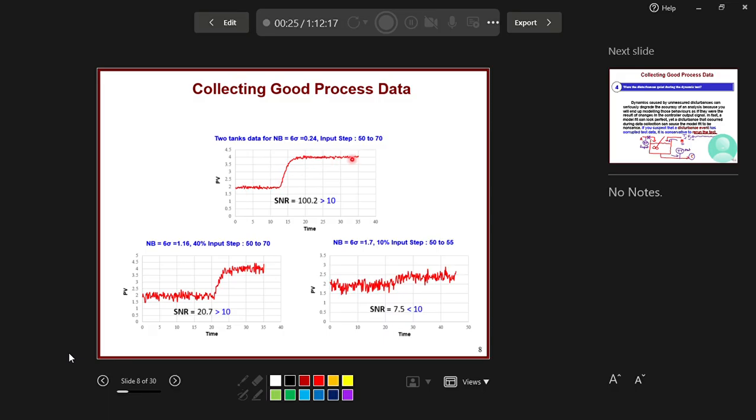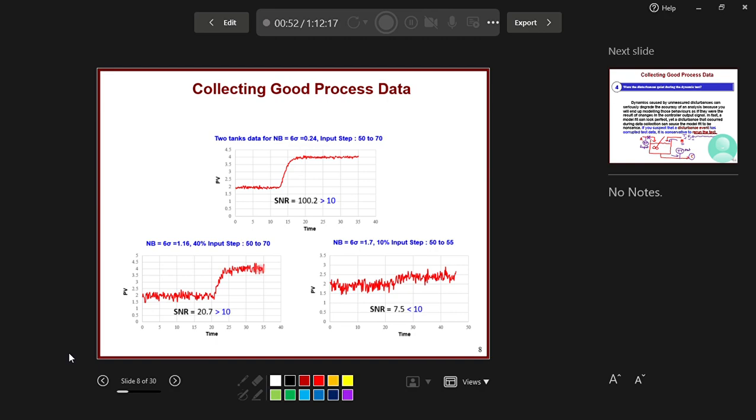You can see that the signal is clear, although there is noise, but the signal is very clear for analysis. This was using an SNR of 100, which is of course much greater than 10, and that's why the signal was very clear. Now, reducing the SNR to 20, which is still greater than 10, we can still see the signal